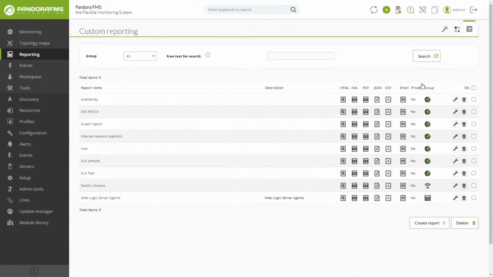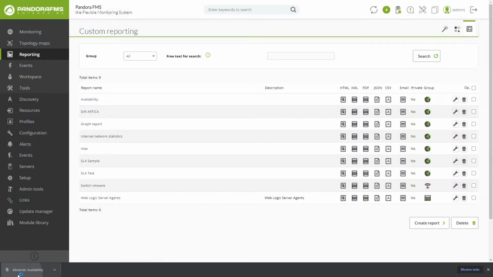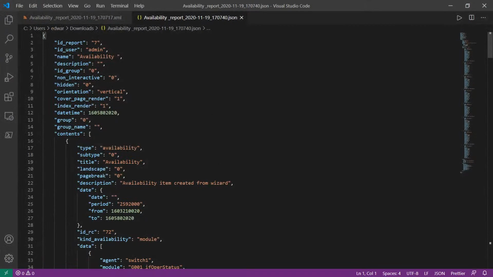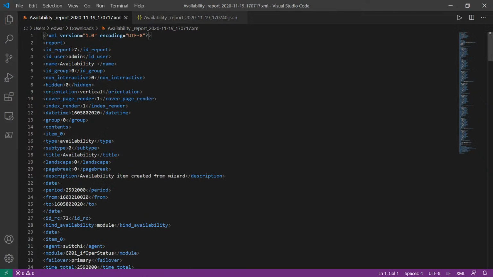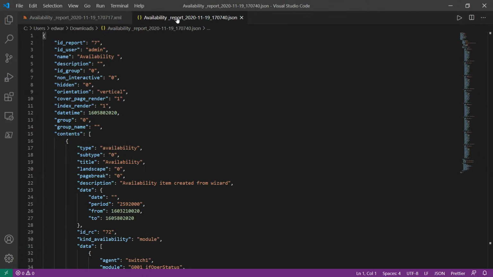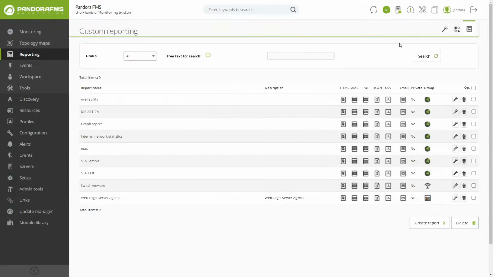The displaying of the information is quite similar to the JSON report, as you will see in just a minute. Okay, as you can see here, we have the JSON and the XML, which is a markup language, of course, and in JSON, the information is displayed just like you are seeing right now. We have the option to download the report in PDF, in which the visualization is going to be just the same as with the HTML, but with the addition,